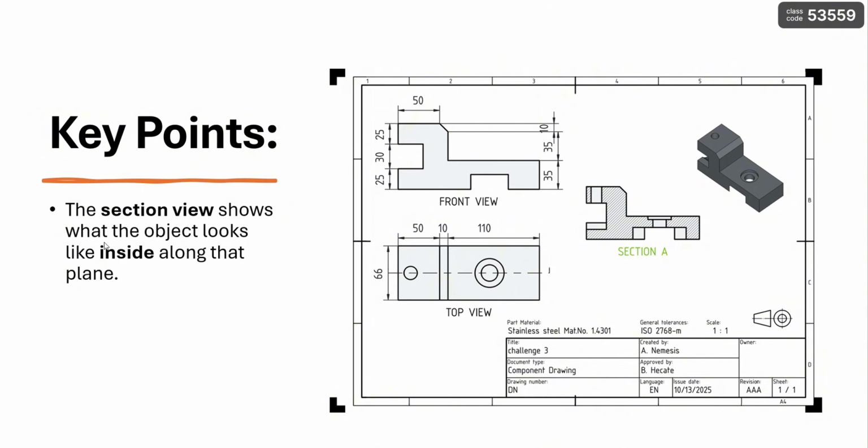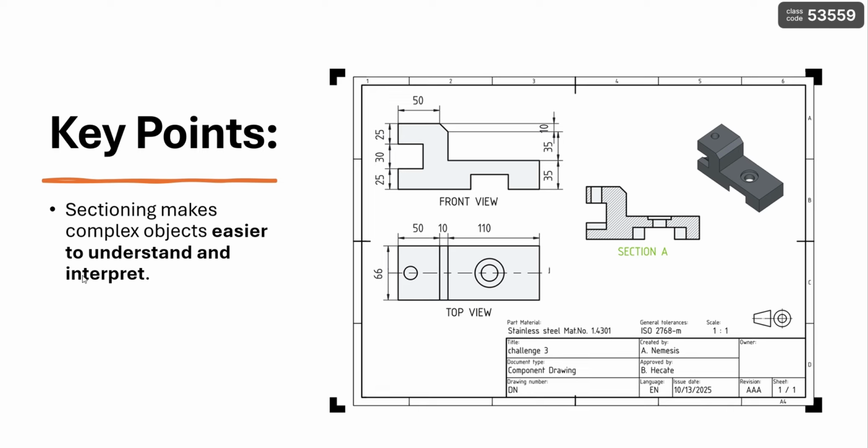The section view shows what the object looks like inside along that plane. So again, this one is what we call the section view. This is our final product for this afternoon, the section view. And the cut surfaces are usually filled with hatching or section lines. As you can observe here, there are diagonal lines which are thinner than the object line. That is what we call hatching or section line. These are thin, evenly spaced diagonal lines.